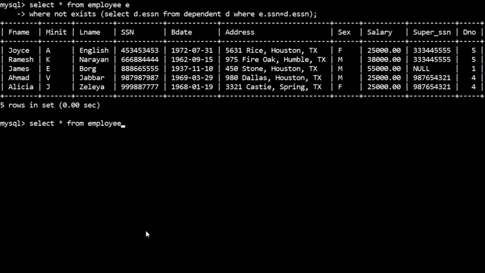Okay, I'm just displaying all the employee information, that means all the attributes I want to display, and then I'll put where exist, and here in the nested query I'll write employee SSN from dependent table.